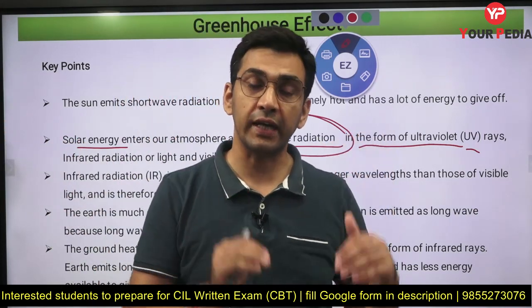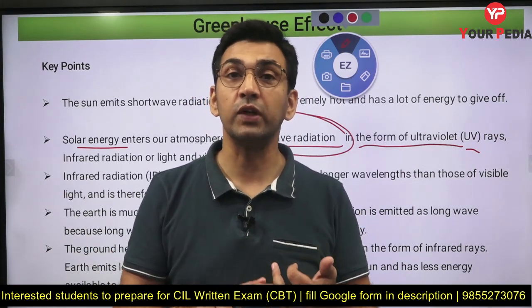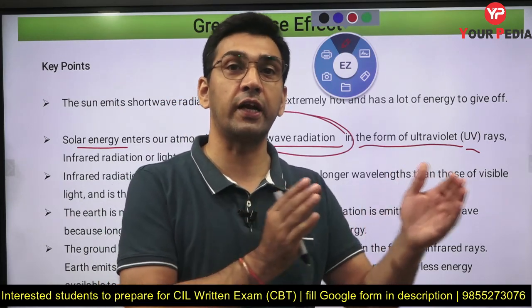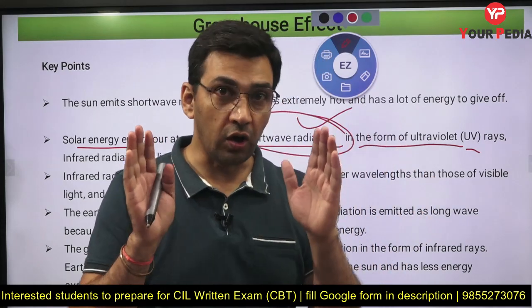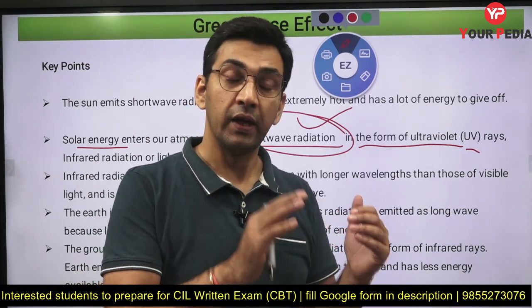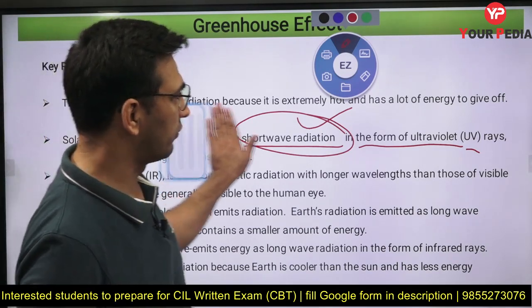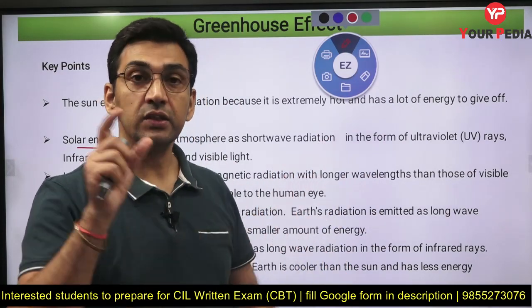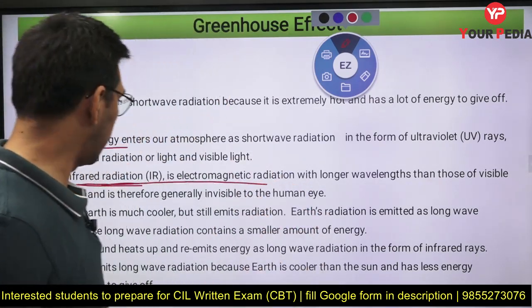Most of the energy of the sun we get on the surface of the earth. One is ultraviolet, the other is the visible, which is visible to us, and the third one is the infrared radiation. And out of all these, most of the energy that we get is in the form of infrared radiation, right? So the first thing to note is that all the energy that we are getting on the earth from the sun is in the form of short wave radiation. And out of these three also, infrared radiation has a longer wavelength, even though all are shorter in wavelength. If you compare these three, infrared radiation has a larger wavelength compared to the others.